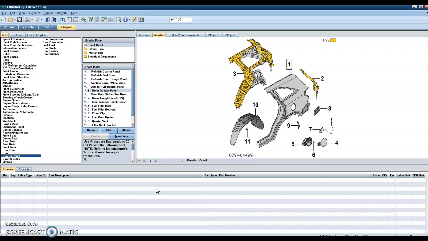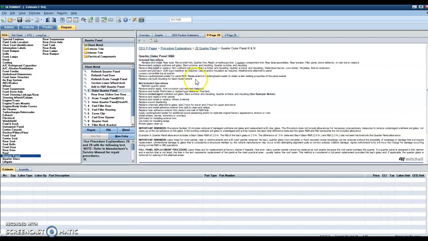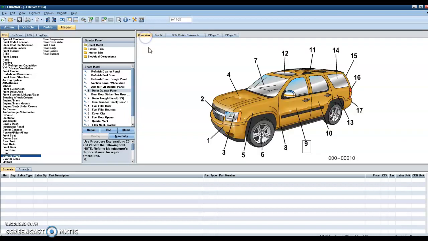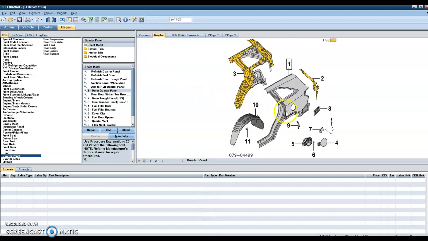Now, in this example of replacing a quarter panel, while the P pages indicate that the rear seat, right over here, is included, the base model vehicle has a first row seat and a second row seat, and the rear seat is automatically going to be included with the quarter panel replacement. Because the vehicle is equipped with an optional third row seat, when we go to replace a quarter panel,